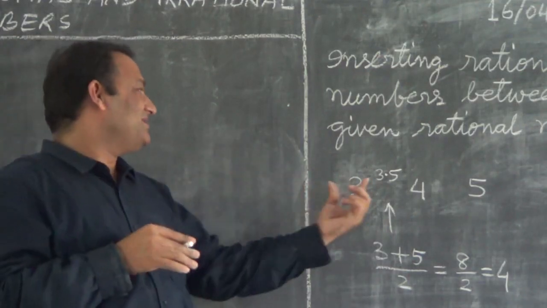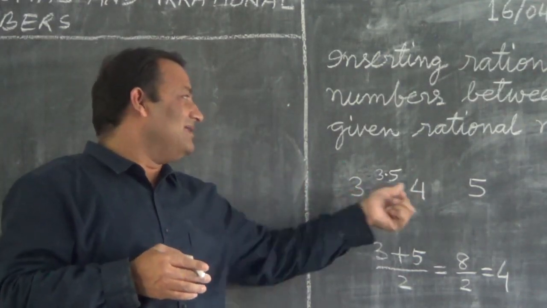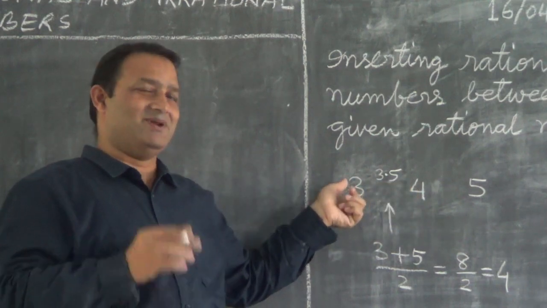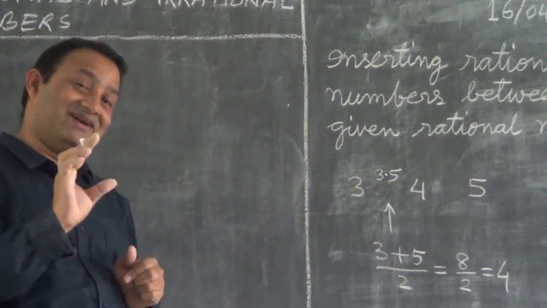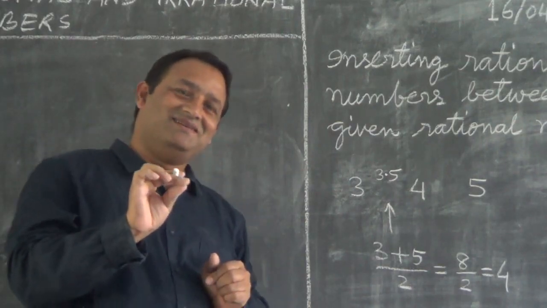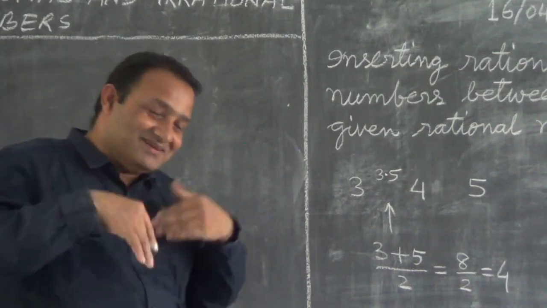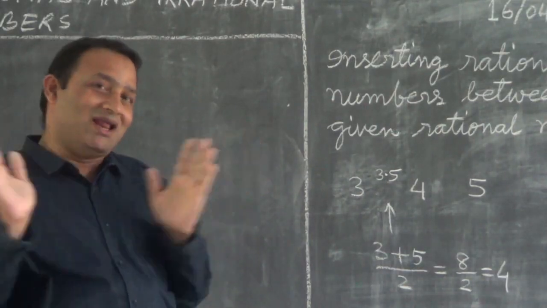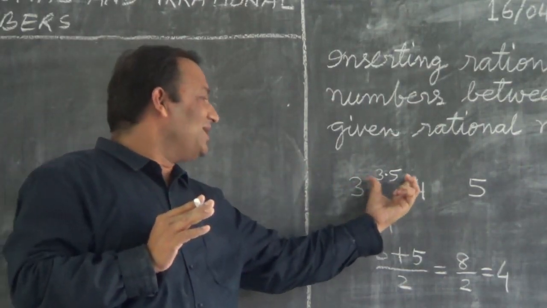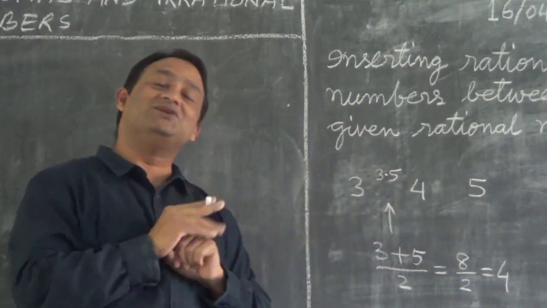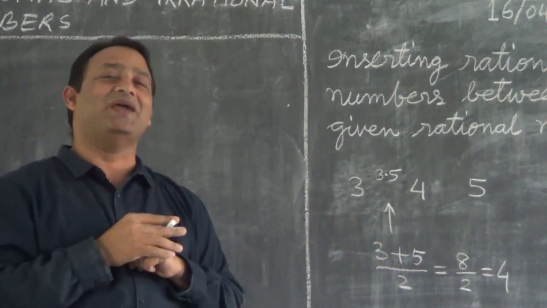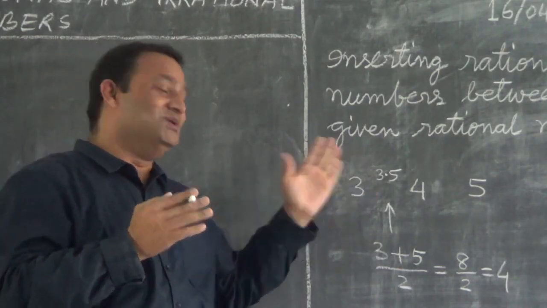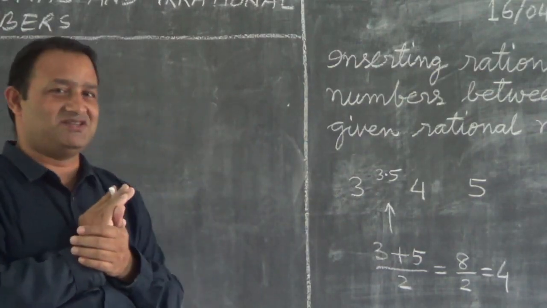If we sit and go on finding all the rational numbers between 3 and 4, from the day you started learning math till the end of our life, our whole life we will use to find the numbers only between these two rational numbers, and we still cannot find them all. So why should we do that useless exercise?